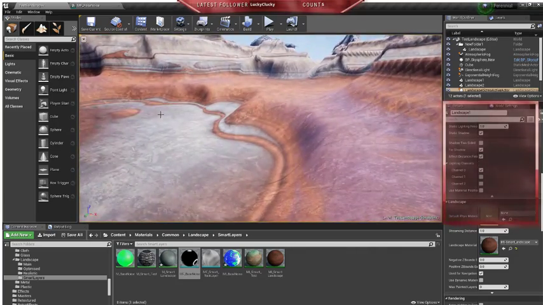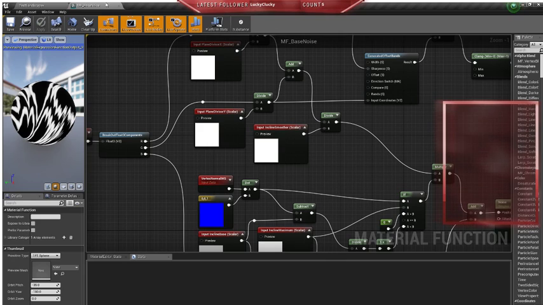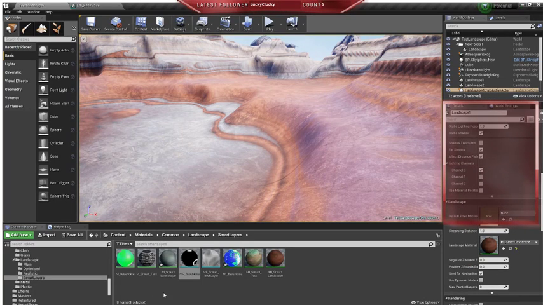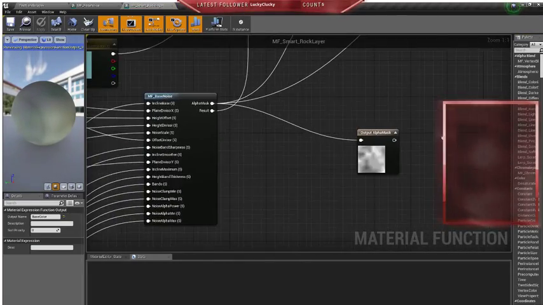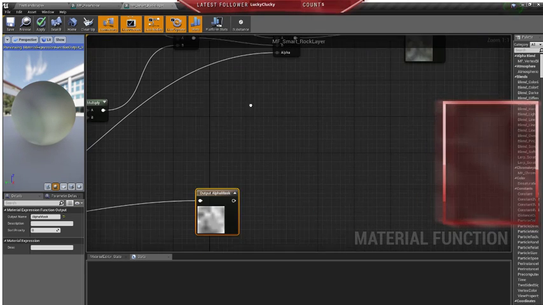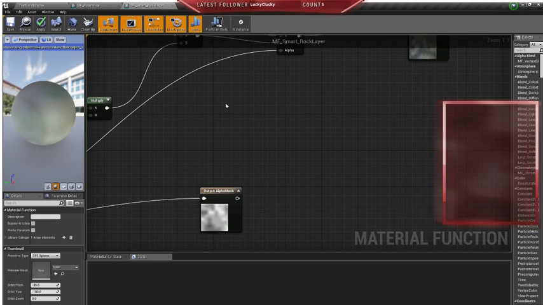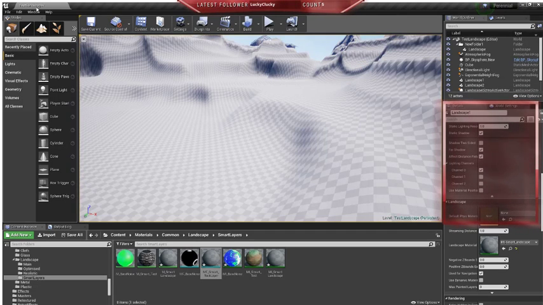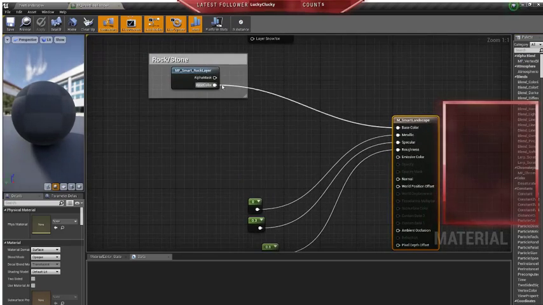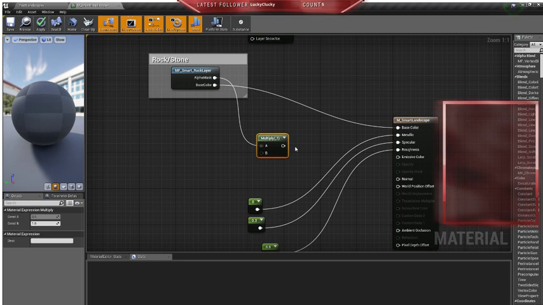I mean, I could easily plug. I go back to check the rock layer first. Right, we are outputting the mask that we're using. That's good. Yeah, we'll keep that as it is. If I go to the actual landscape that we're using, so not the smart landscape instance, but the actual one. So I could actually go, okay, let's times that by